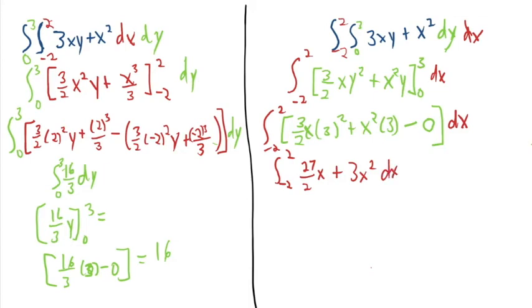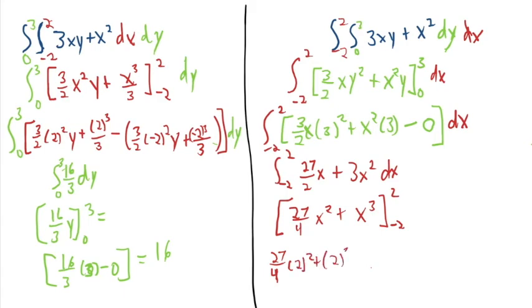So now one last integral we're going to take, and that's going to be 27 over 4 x squared plus x cubed, integrated from negative 2 to 2. So now let's plug them in. 27 over 4 times 2 squared, plus 2 cubed, minus 27 over 4 times negative 2 squared, plus negative 2 cubed. And that comes out to be 16,